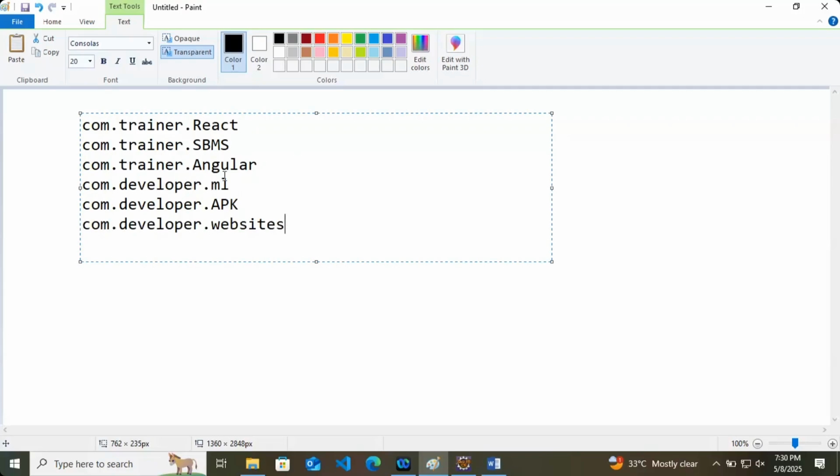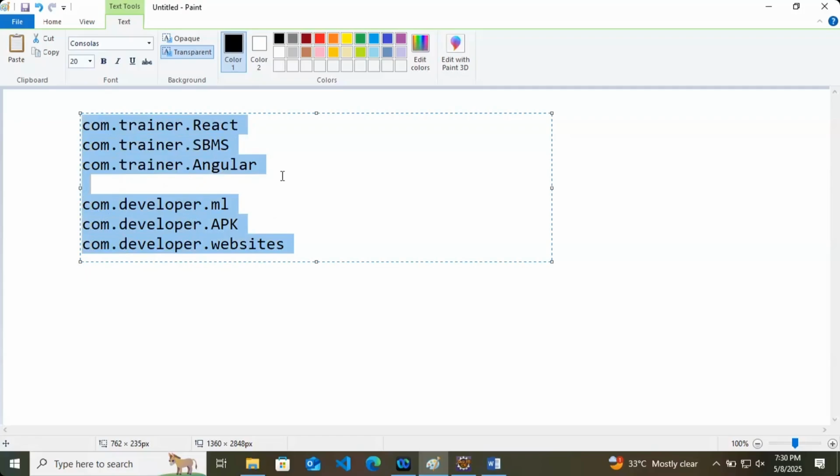Now there are two different base packages, com.trainer and com.developer. But we are talking about the same person. The same person is a trainer and also a developer.